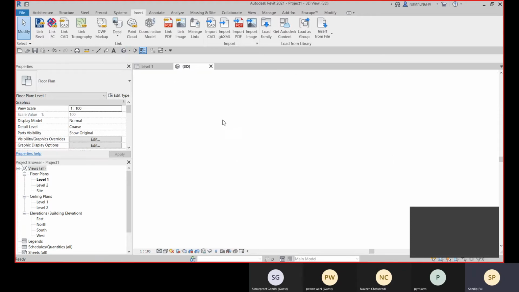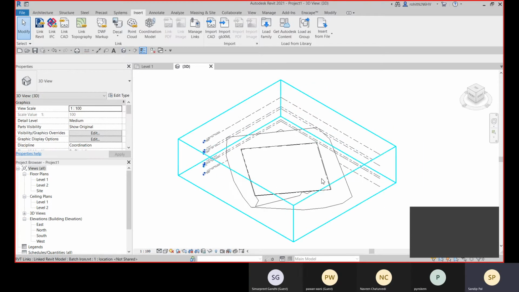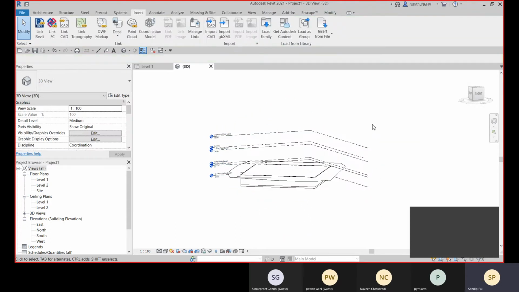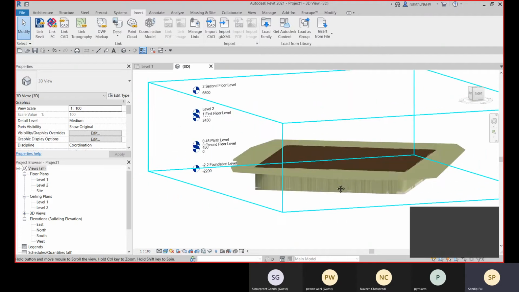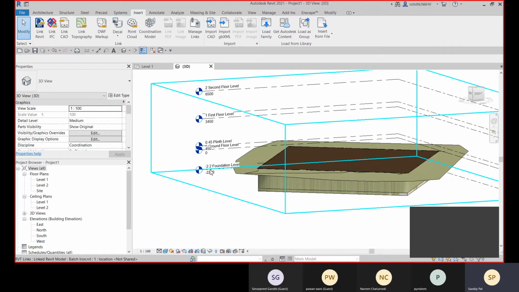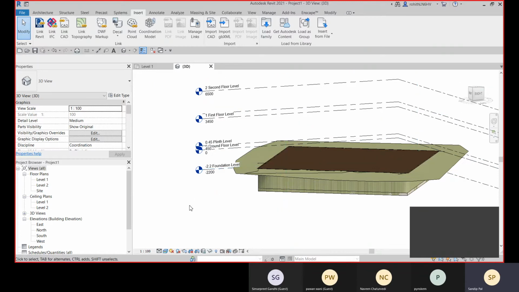Now let me show you in 3D, and here it is. Let me activate the realistic visual style. All right, so this is added here, and now if you see that it has some other levels, like these are the levels.